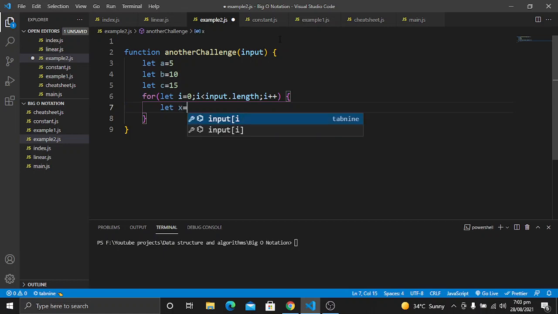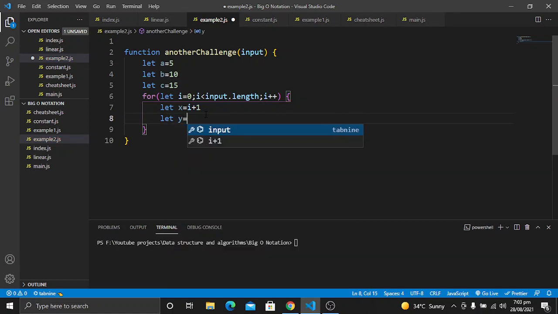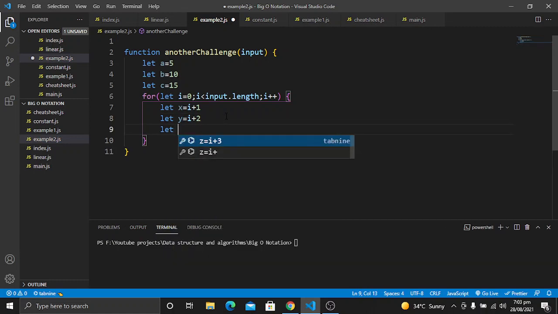For example, I will create a new variable named x, and I will add 1 to this i. This value will be stored in x. Then I will create a new variable named y, add 2 to this i and store it in y. And then I will create a new variable z, where I will store i plus 3. So this will be the first for loop.